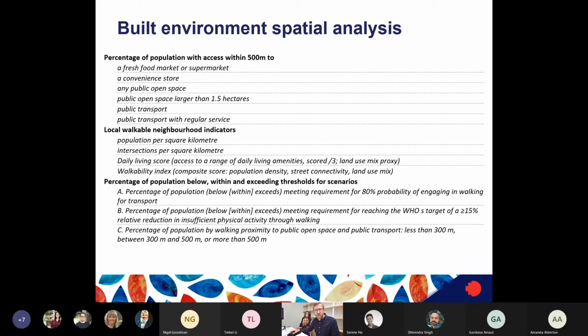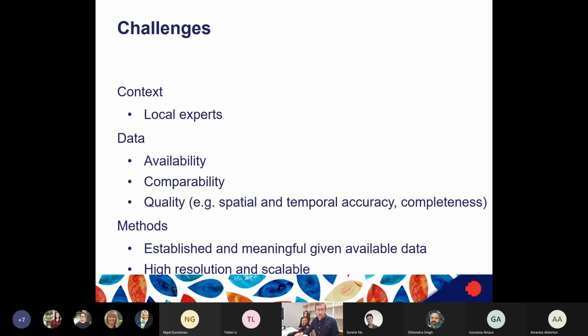And in looking at that, I think you'll start to see maybe some of the challenges that we'll come across in terms of the data. How do we look at and make a fair comparison across these 25 cities for these data sources? If it was just local administrative data, people measure things in different ways. What is a public open space? What is a fresh food market? Is it point data? Is it polygon data? Is it a summary data set? Does the data have full coverage of our study regions? And what are these study regions? There's a lot of data challenges, and that's where I'll be focusing on today.